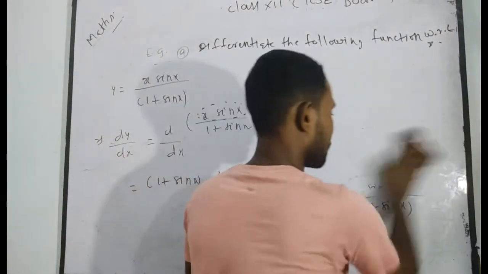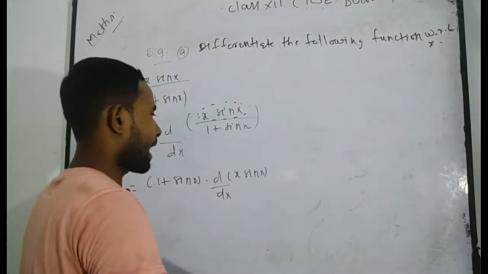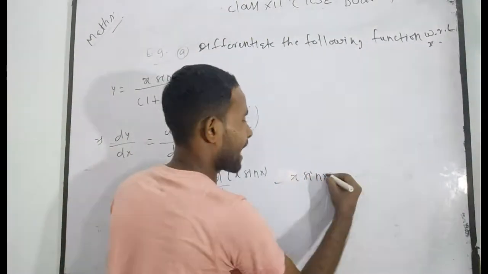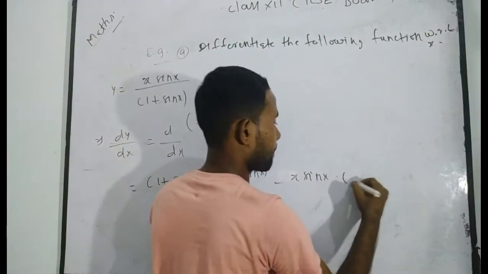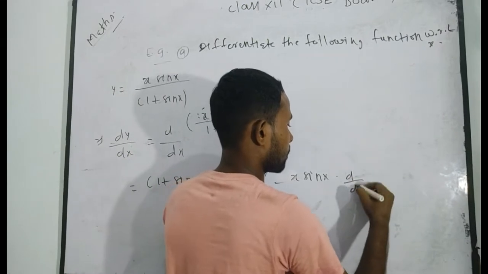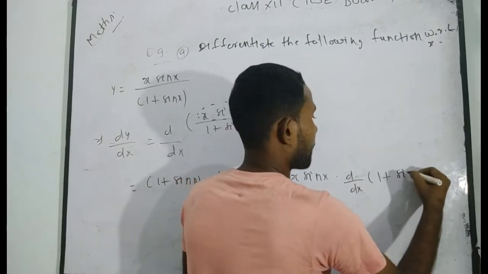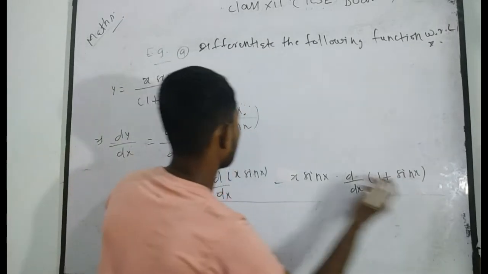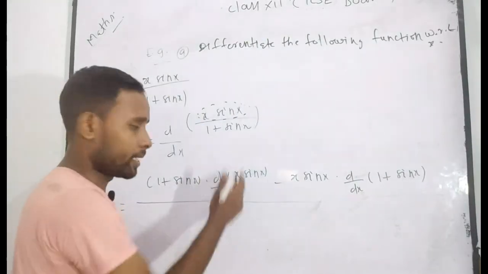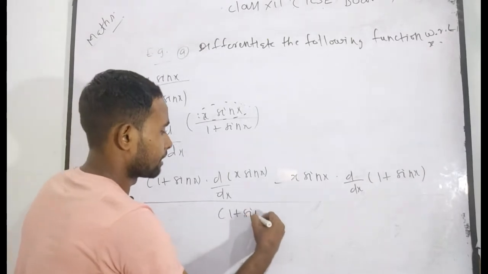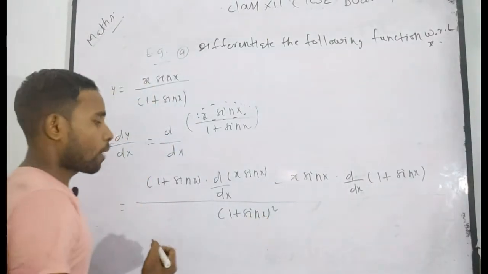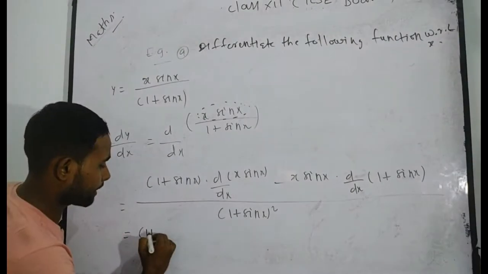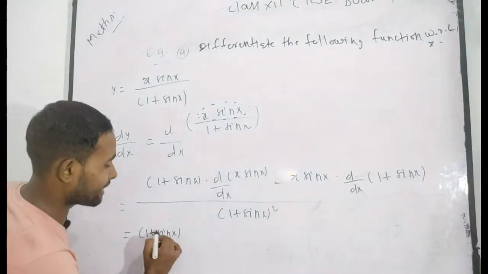Now, minus. Now you have to take outer side f(x) and you have to differentiate again, 1 plus sin x, divided by the whole square of the denominator, which will be (1 plus sin x) whole square. Now I want to again tell you what is the derivative. This is taken out of derivative terms, so can I write a derivative of 1 plus sin x?